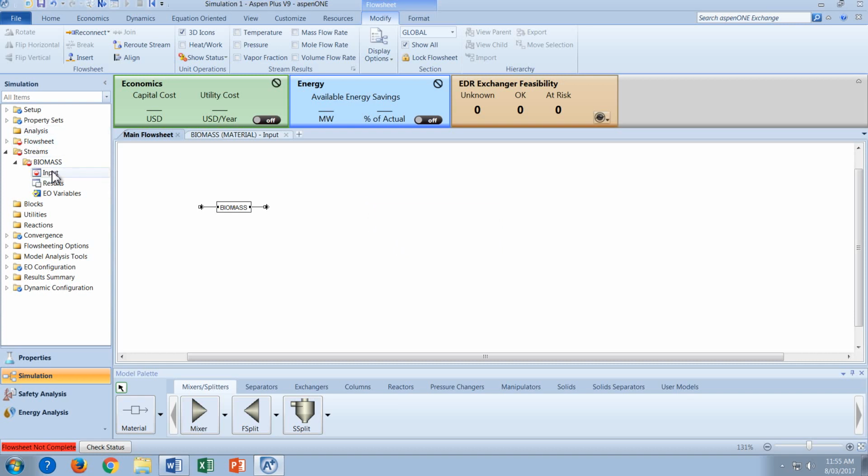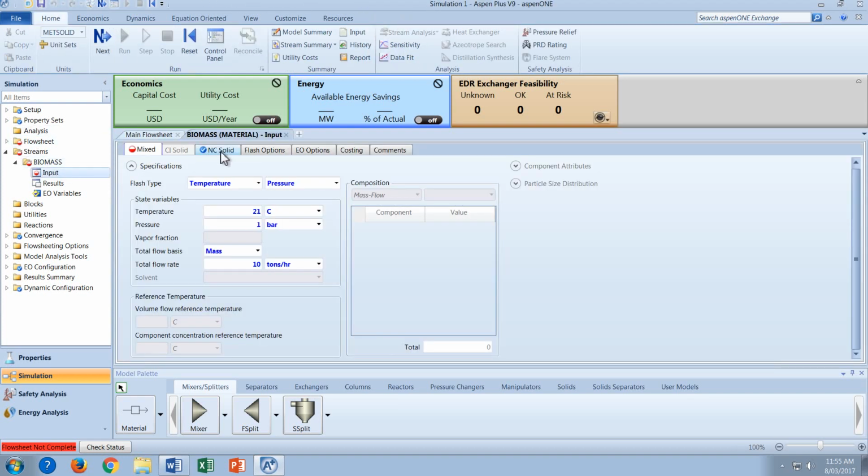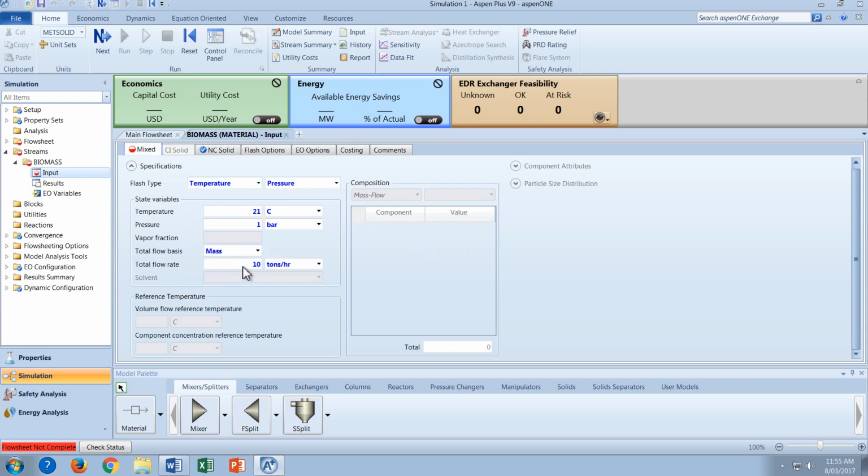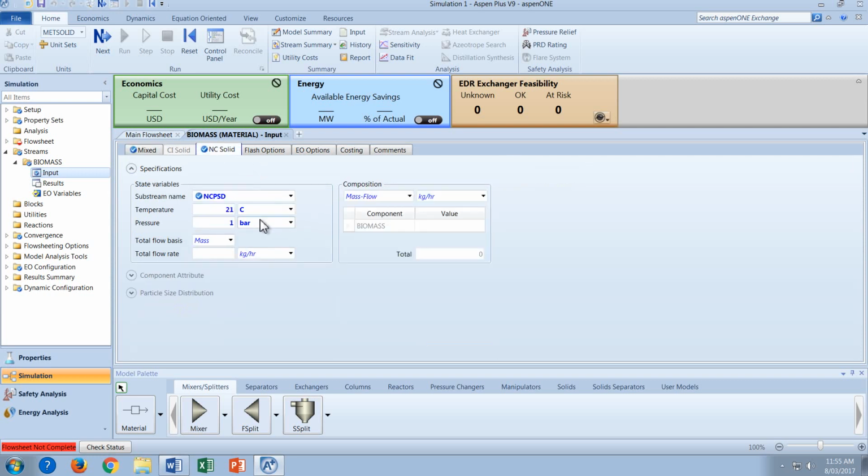Right, so going back to the input, we can see that the NC solid tab is checked there. Since we don't have any other components, we can just get rid of that and just work on the NC solid